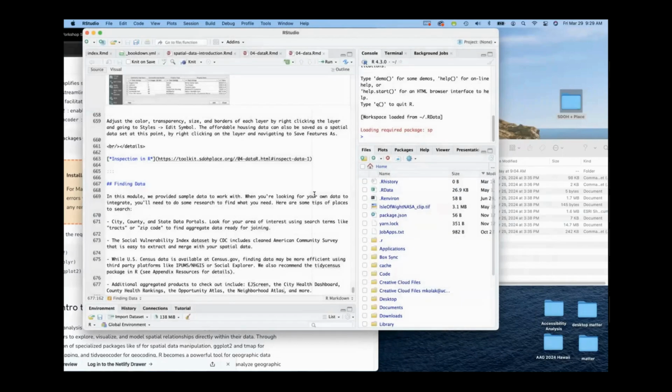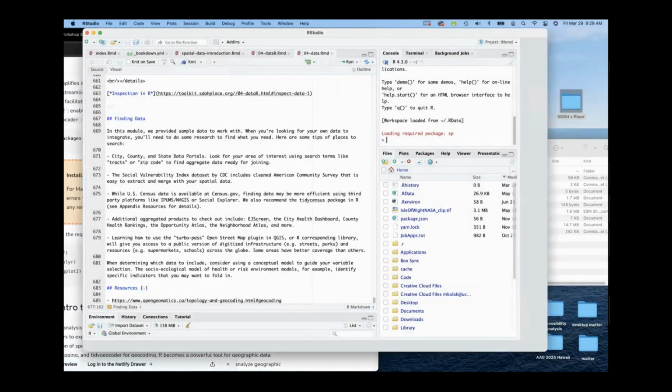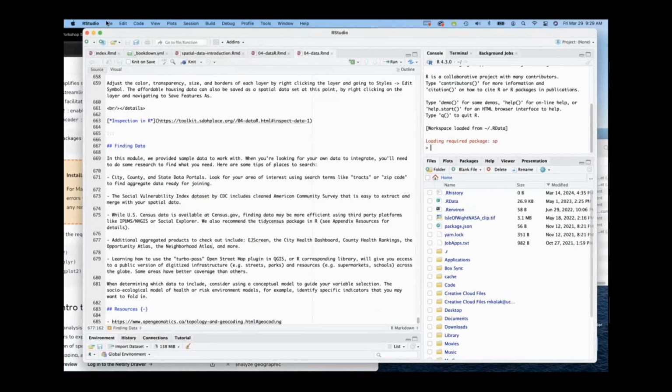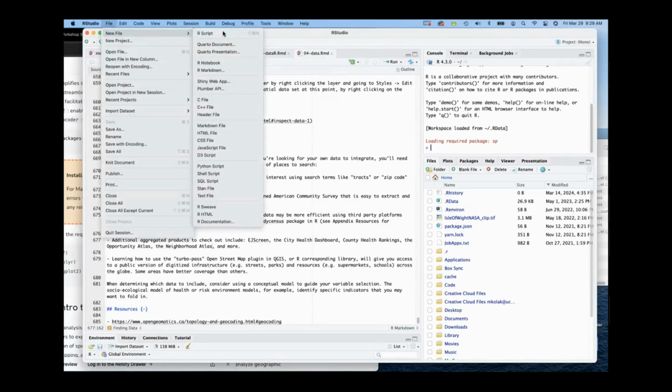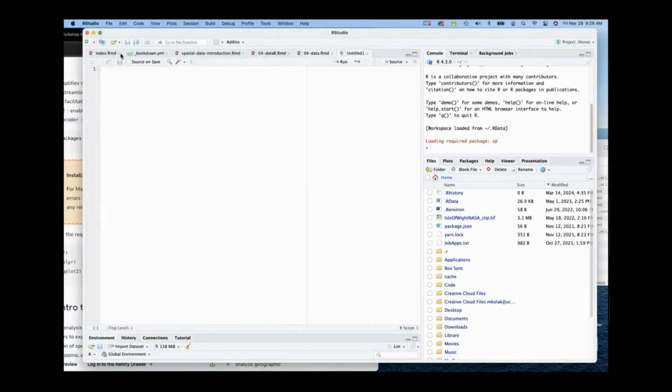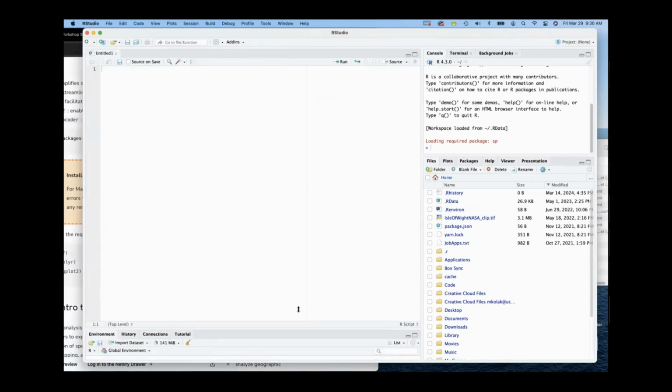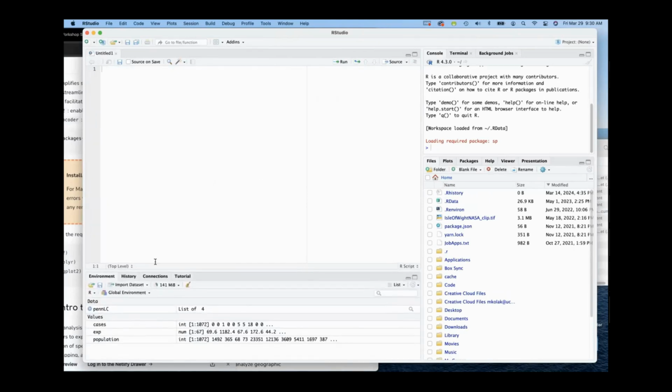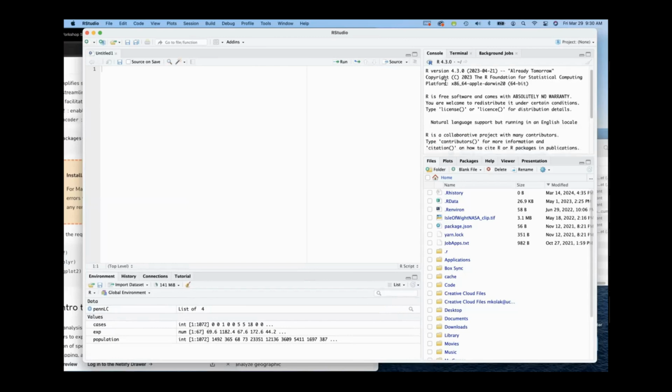But basically, Posit, so R and RStudio. RStudio is this interface that we see right here. It has a lot of different information. We have our console up here, which is the R